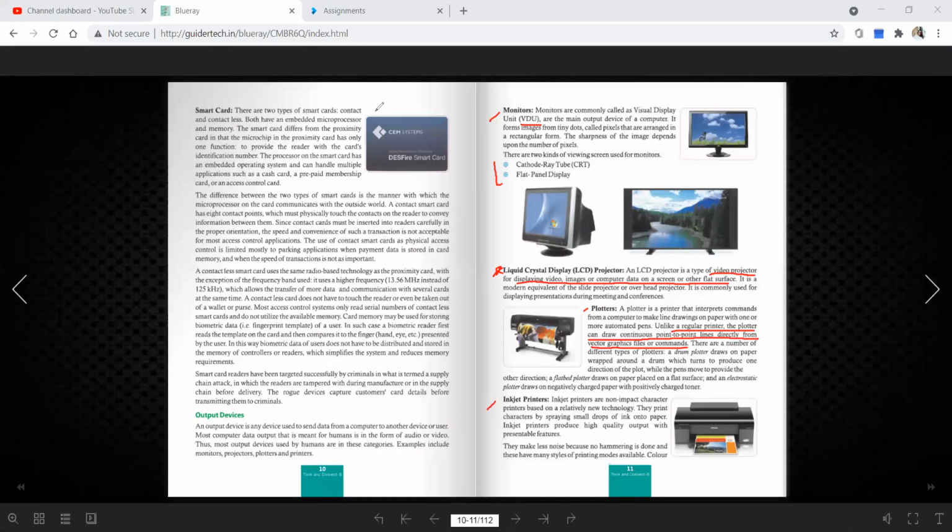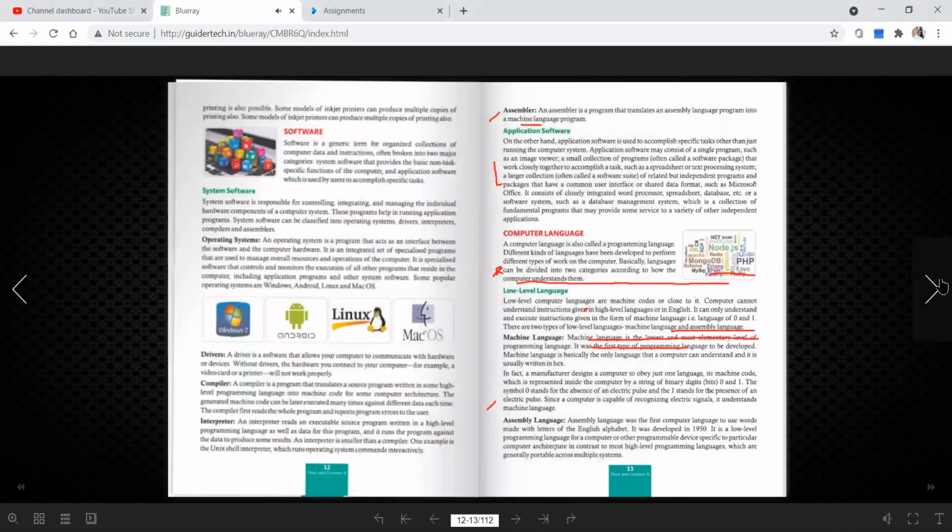Non-impact character printers, a relatively new technology, though not really new. This is also very old, because the printers I have seen were a different kind of printer, and those have become non-functional. Making less noise, we are not going to read that. Questions of this type come every year, but not much is needed for that.